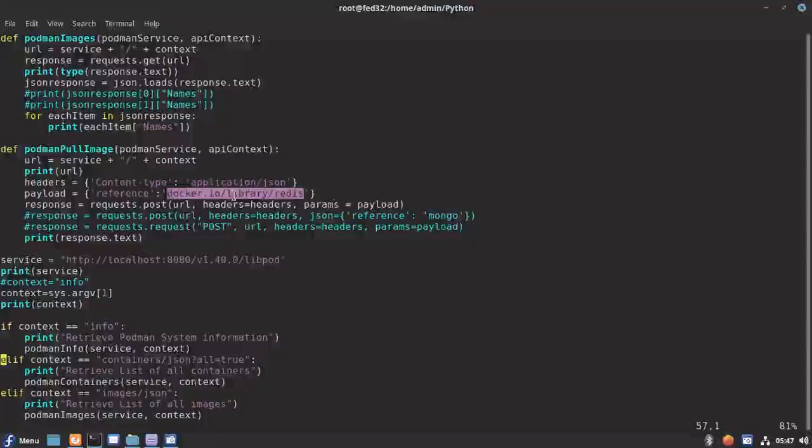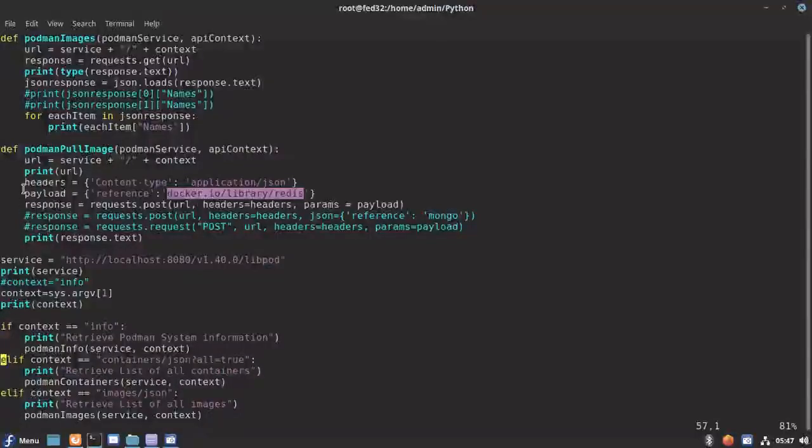This is just to show you. I tried to hard code this value, but you can always pass the image name also, as we did the service and context. We can pass the image name also to the definition and fetch that image.